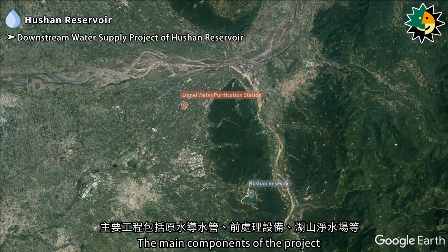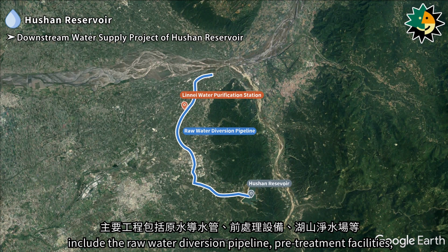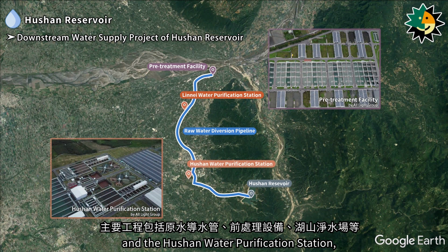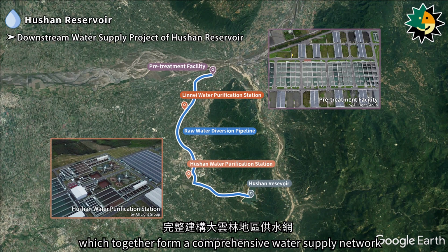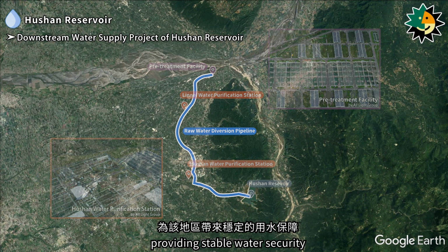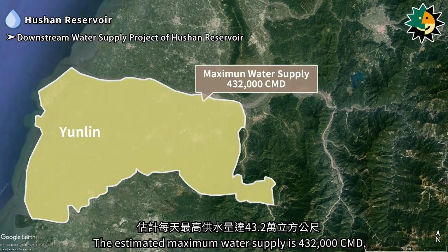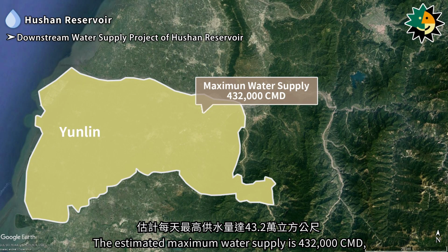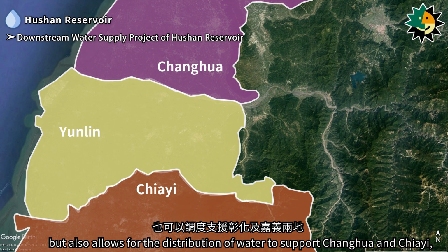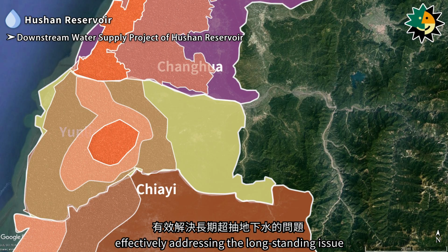The main components of the project include the raw water diversion pipeline, pre-treatment facilities, and the Hushan Water Purification Station, which together form a comprehensive water supply network for the greater Yunlin area, providing stable water security. The estimated maximum water supply is 432,000 cubic meters per day, which not only meets the water needs of Yunlin County but also allows for the distribution of water to support Changhua and Chiayi, effectively addressing the long-standing issue of